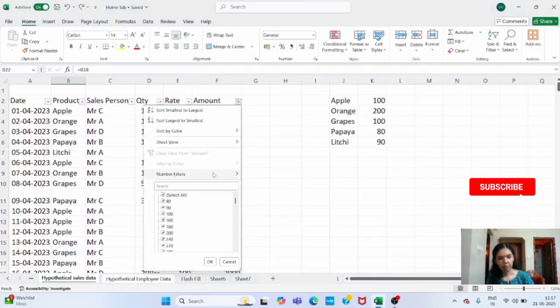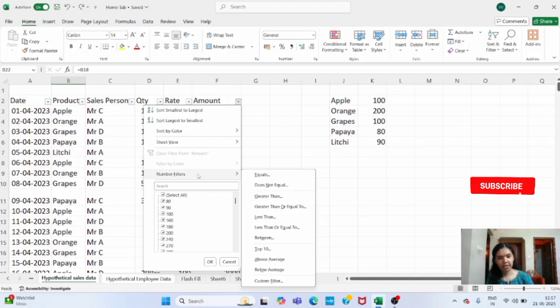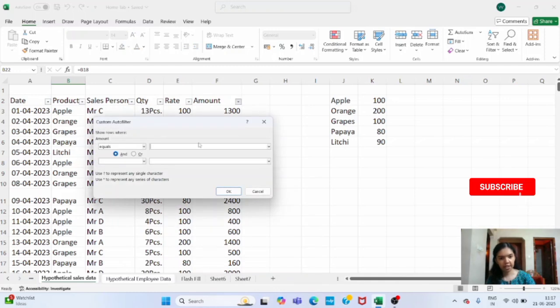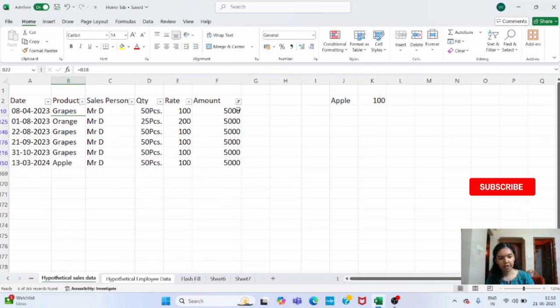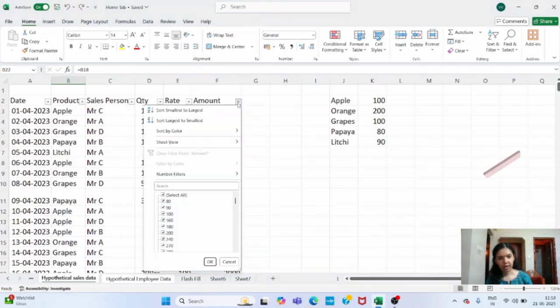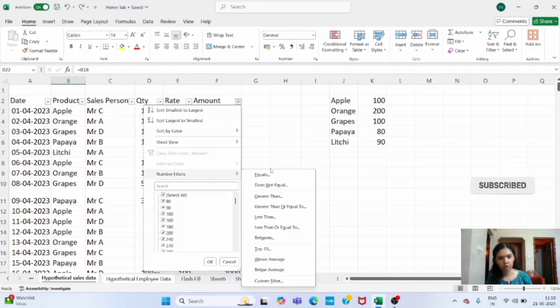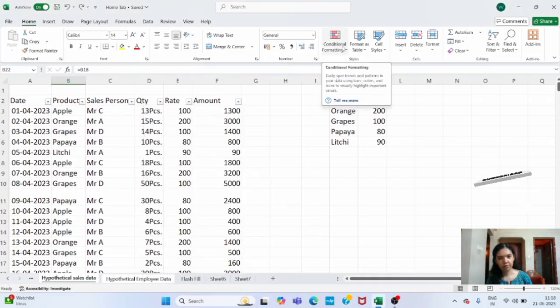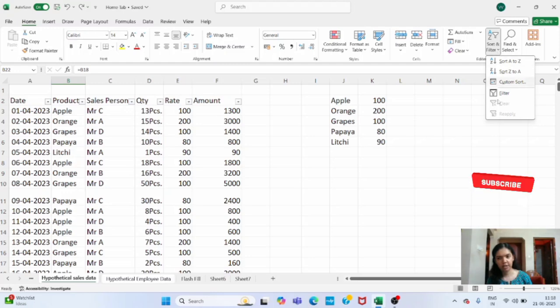And then suppose in the amount column, if you come here to number filters, just like we did in conditional formatting, you can use different number filters. Equal to, suppose I select equal to 5000. So all the amounts equal to 5000 have appeared here. Same like we saw in conditional formatting, you can do using this filter option also. Does not equal to, greater than, less than, top 10, below average. Since we saw the same thing in conditional formatting, again I won't show here. You can try this by yourself.